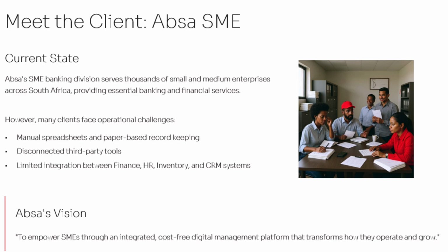Our project addresses these gaps by developing a centralized digital platform that integrates key functions like finance, inventory, HR, and customer relations all in one system fully backed by APSA. Now that you understand our clients, I'll hand over to Zoe to further explain our core problem and what we